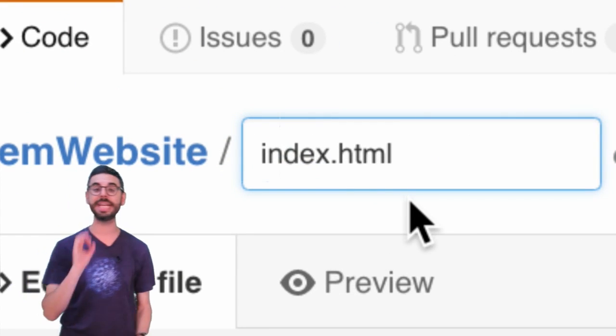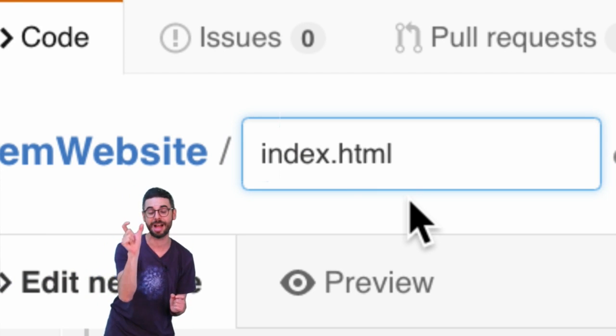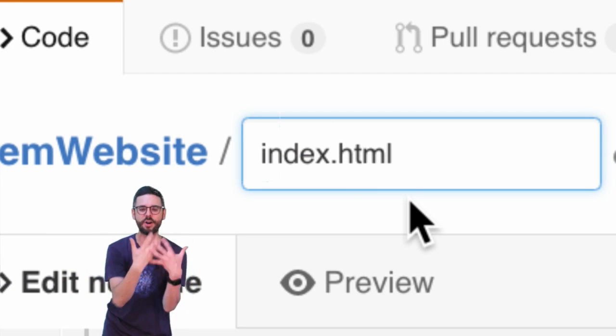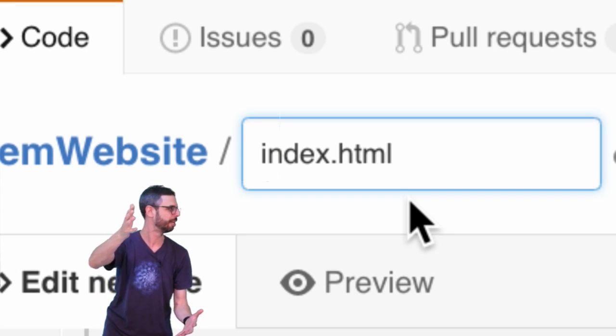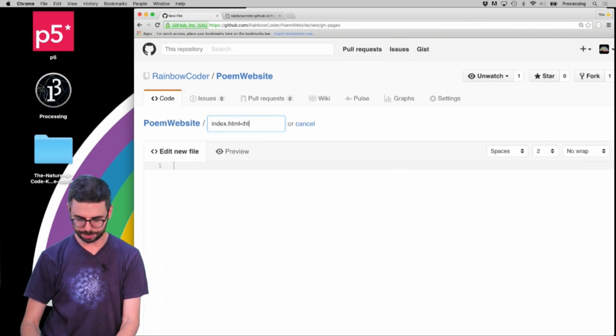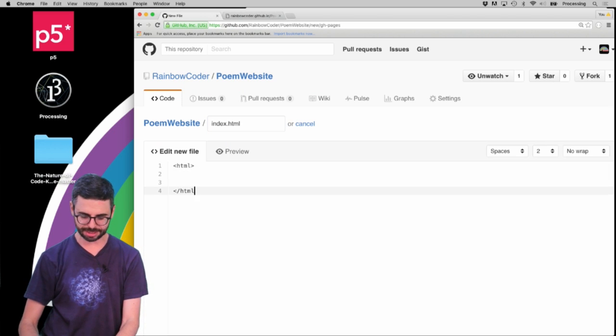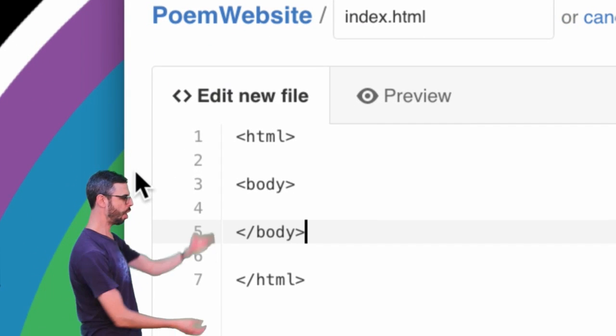If you name a file index.html, then you don't actually have to type in that file name on the web. It will be the default file that's opened whenever I go to the rainbowcoder.github.io/poem website. So I'm going to call it that, and then I'm going to type some HTML into this file. I'm probably missing some things you're supposed to have in HTML, but HTML is all about having these tags,